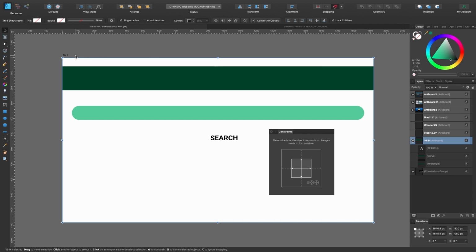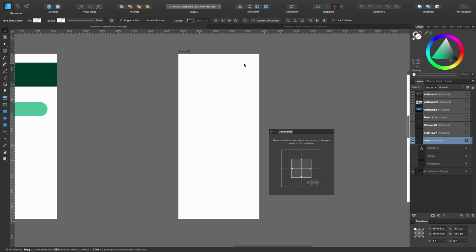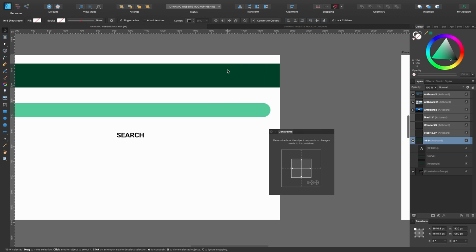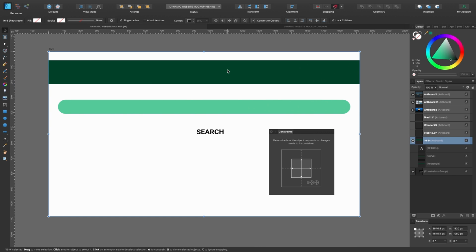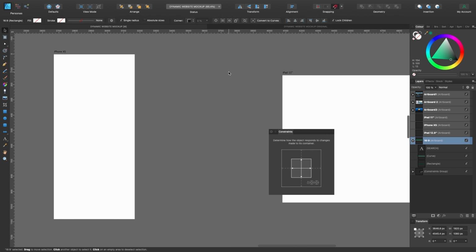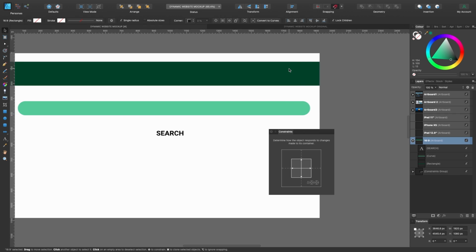So I've created an artboard which is 16:9 aspect ratio, the kind of normal for a monitor. And I've also got a couple other artboards. This one is just one of the defaults. It says iPhone XS, and this one says iPad 11 inch. So I've got a couple of different artboards here ready to go. So what we're going to do, we're going to create a search bar in this one, and then we're going to set up the constraints on it. And then from there, we'll be able to copy and paste to each of these without making any changes. It will automatically fit this document or this artboard. So let's go ahead and do that.